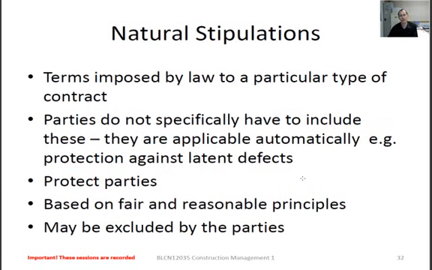And then the natural stipulations, because of the type of contract that we've used, and these do not necessarily have to be included. They are always going to be implied. For instance, the protection against latent defects, all of those become part of the package that you basically sign, and it's there to protect both parties. So it's the mitigation of risk for both of them. And it's based on reasonable and fair principles. Once again, case law will preside there,